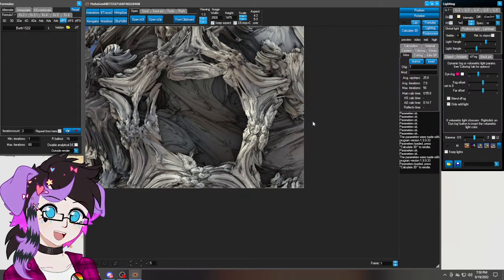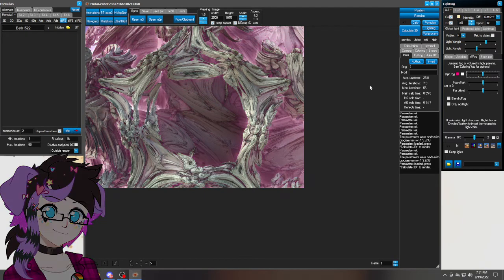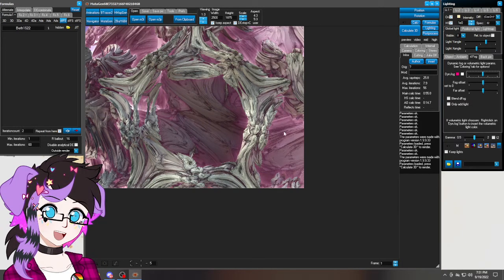If I hit OK, it adds a hint of pink. The more I mess with it, that is good. Now, this is why I love messing with it as well, because you could get it to look a specific way. And so that pink dynamic fog in the background, if we adjust that,